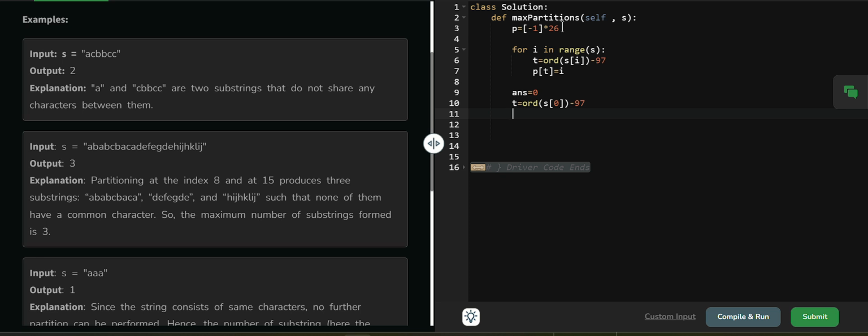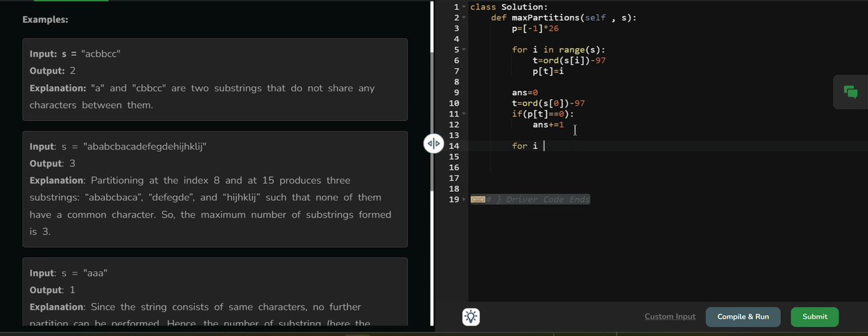You can see, if p of t equals 0, that means answer plus equals 1. Why am I doing this? If my first character of the string is unique, like its ending index is 0 only, then we can say it can be created as a first substring. So that's why I'm doing this.